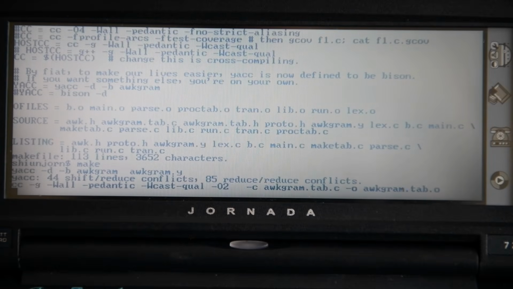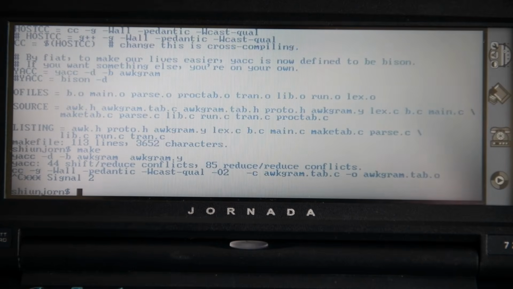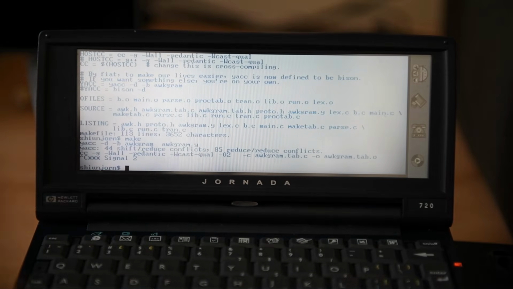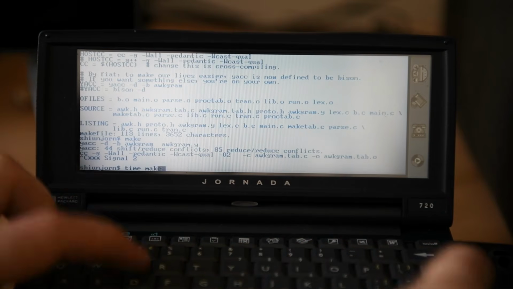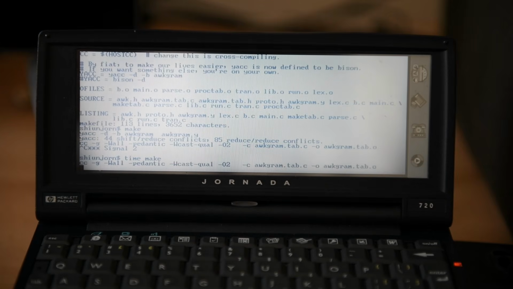Okay, it's going. I'm gonna now cancel this and move the Jornada back to the charging cradle because I'm running out of the battery. Surprisingly, it still works and holds the battery quite well after 20 years. I don't need internet anymore, so I will just put the Jornada there and also set time to run so we can see how long it's gonna take. So I'm gonna type here time make,